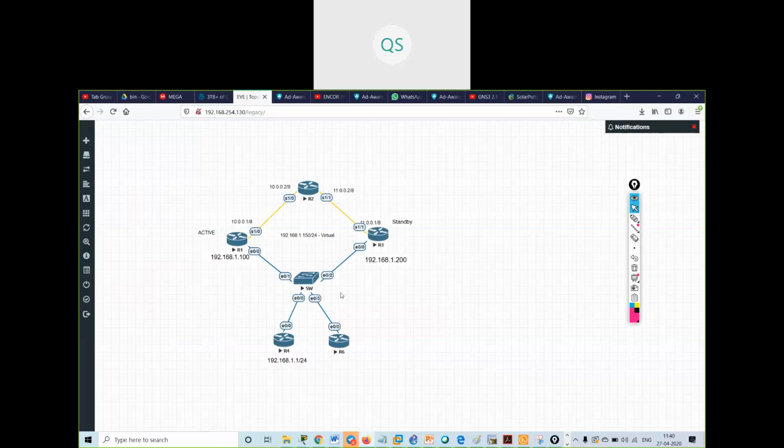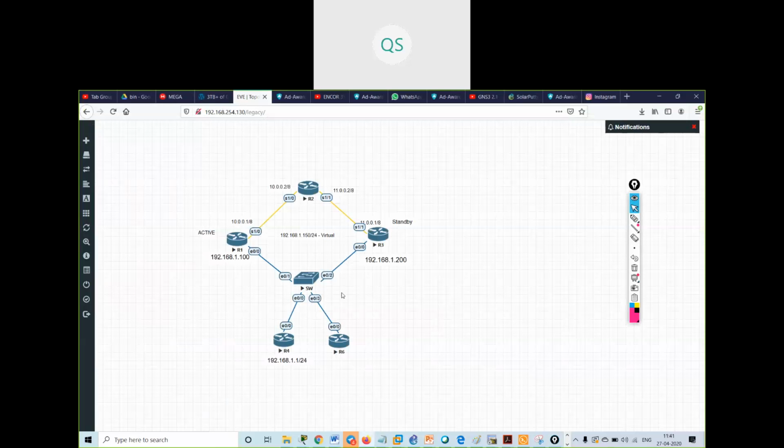Okay, understood now the concept of load balancing, how we can do load balancing in HSRP. Now we have something known as VRRP. The VRRP configurations are the same, and the working is also the same.